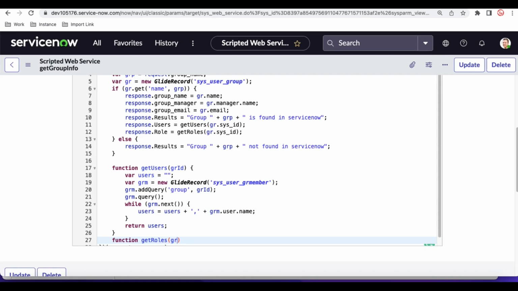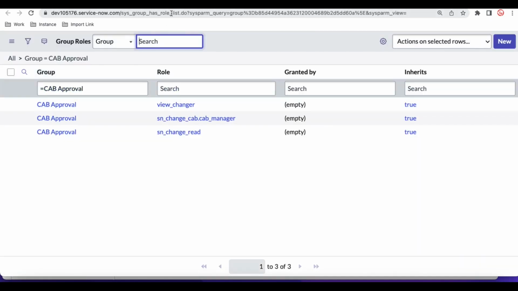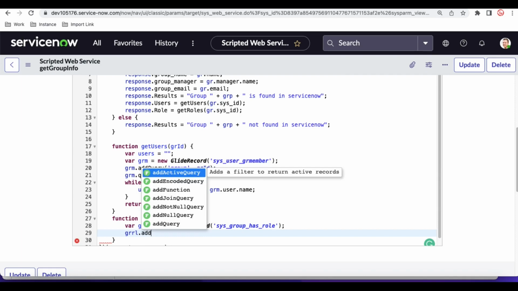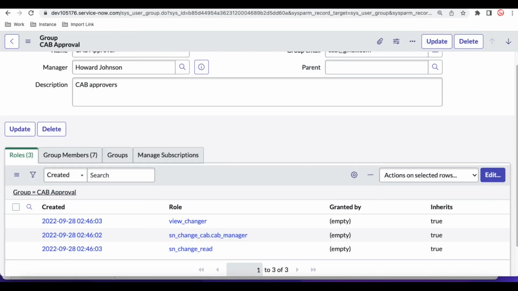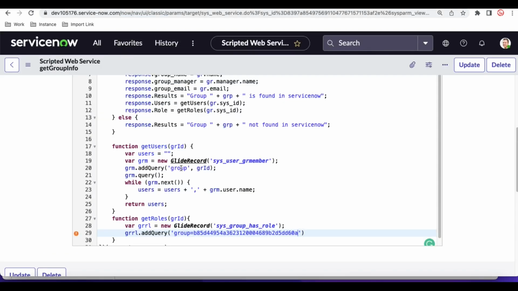And here I am going to query this table. This is the sys_user_has_role table, so I'm going to query this table. So var gr = new GlideRecord, and I am going to query the sys_user_has_role table. gr.addQuery, and here I will say the group equal to nothing but the grid,